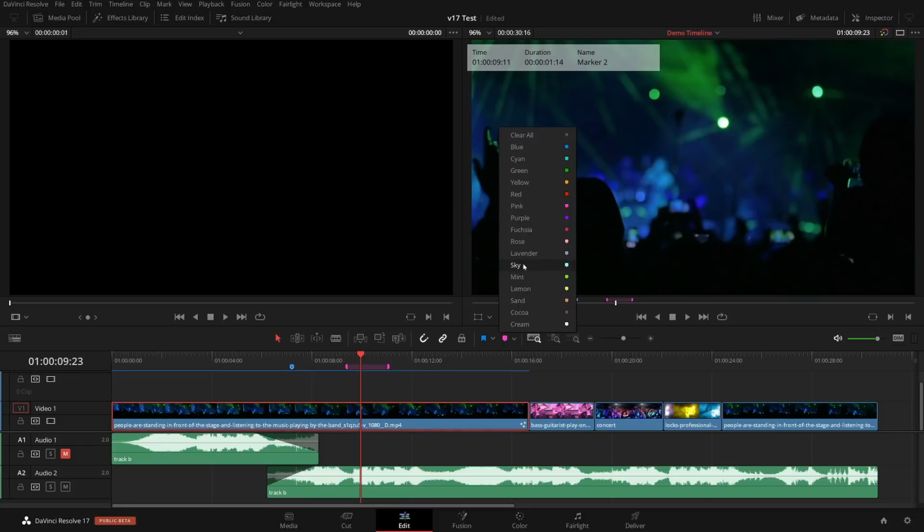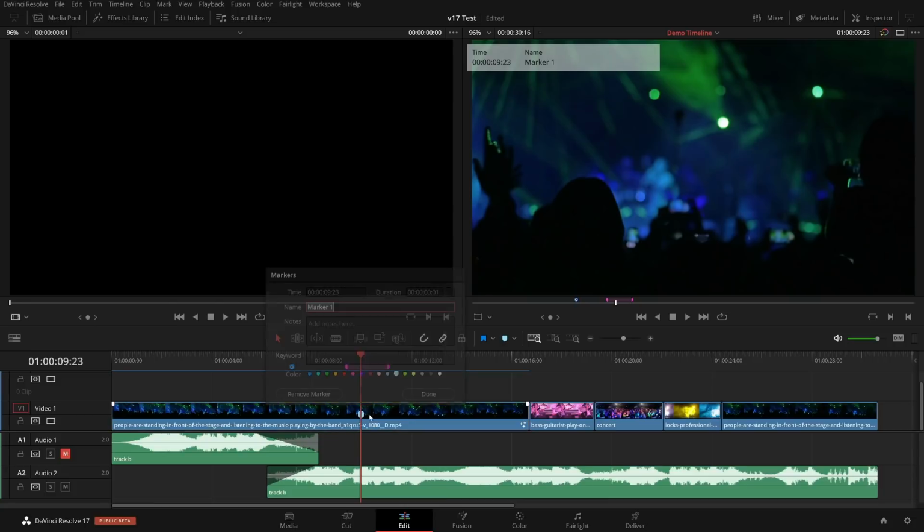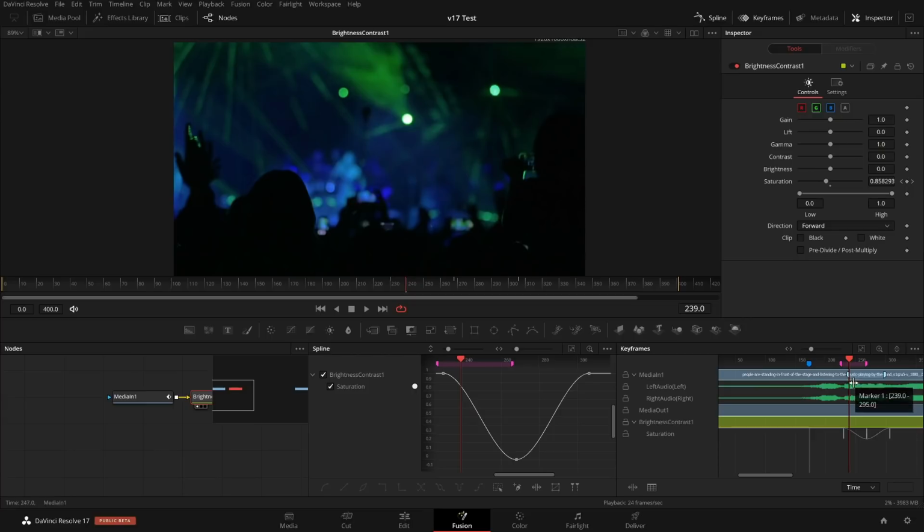So I can also put something on the clip itself, and let me also make this a duration marker. So in the edit, by Alt or Option clicking and dragging, you have duration markers. And even though I cannot edit the duration in Fusion at the moment, maybe that's still a bug or something not implemented, at least I can see them, and here I can also see them on the media clip, like in the keyframe editor on the clip itself, as well as on the timeline. Okay, so these markers I think are just a tiny little bonus we got.